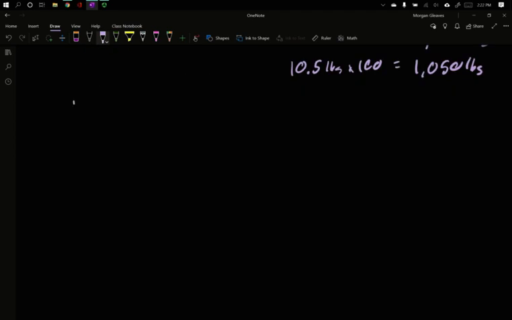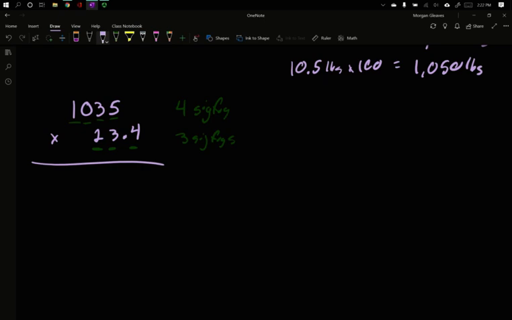Let's use the values 1035, and we're going to multiply it by 23.4. If we look at this real quick, how many sig figs does each of these have? 2, 3, and 4, there's 3 sig figs. 1, 3, and 5, and a 0 in between them, there's 4 sig figs. So this has 4 sig figs and this has 3 sig figs. If we actually just do the math, multiply those two on your calculator,